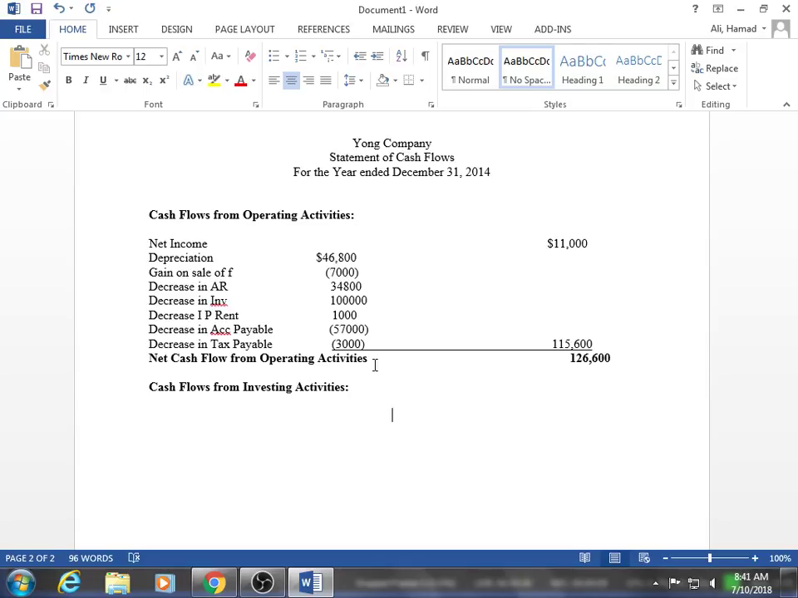Yes. So if we say original cost minus accumulated depreciation gives us the book value, then sale price minus book value equals gain or loss, correct? So number one,